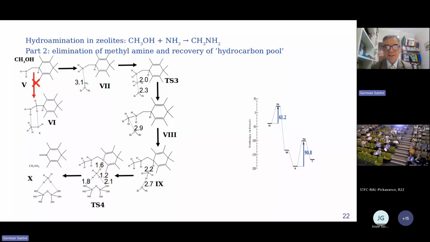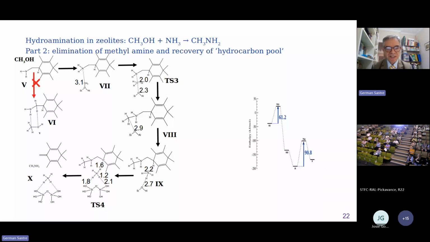So then what we found is that with only about 60 kilojoules per mole, this methyl group can insert into the primary amine. So then this is giving another positively charged molecule. Now it contains, let's say, we localize the positive charge in the ammonium, in the nitrogen atom. And now what happens is that the way for this molecule to release this positive charge is precisely through the unstable hydrogen that was inserted in the first part of the reaction,